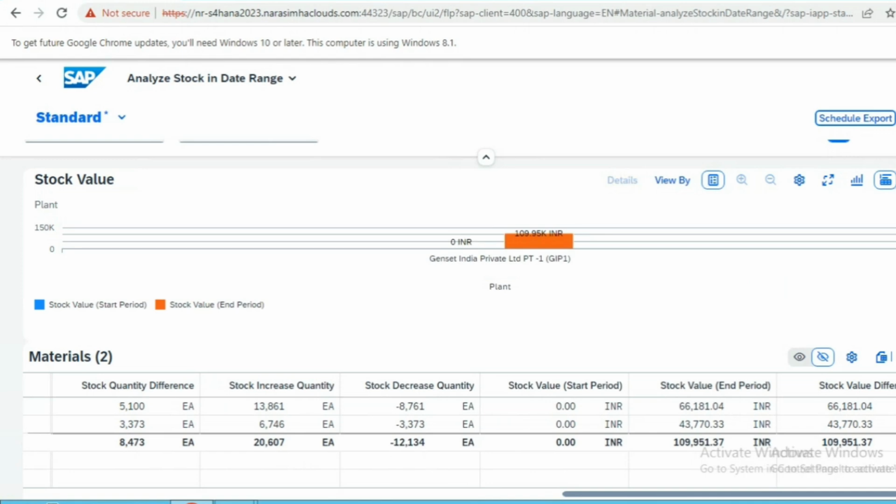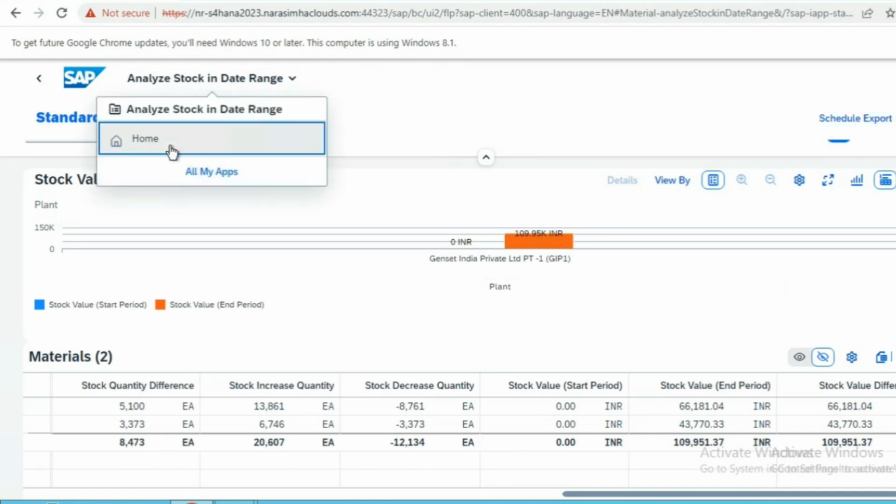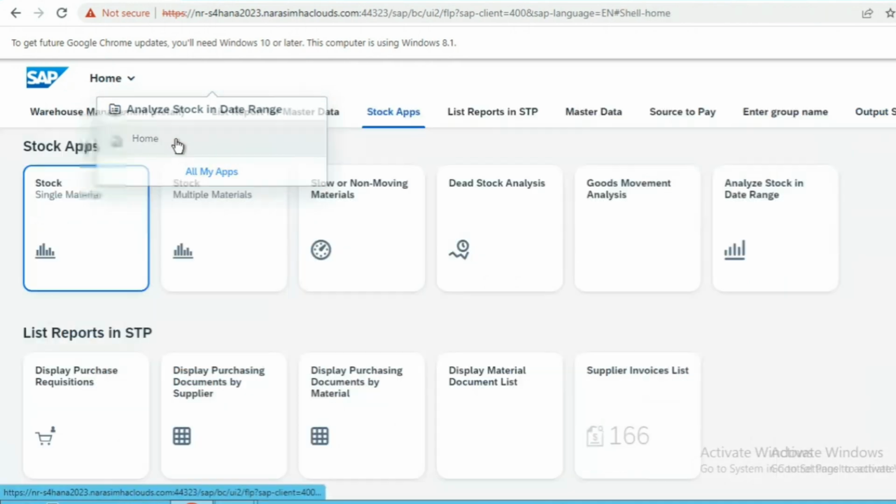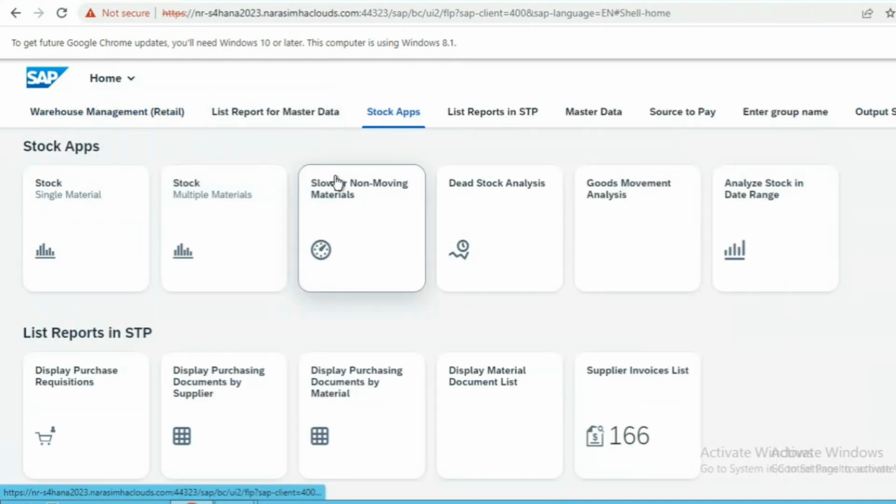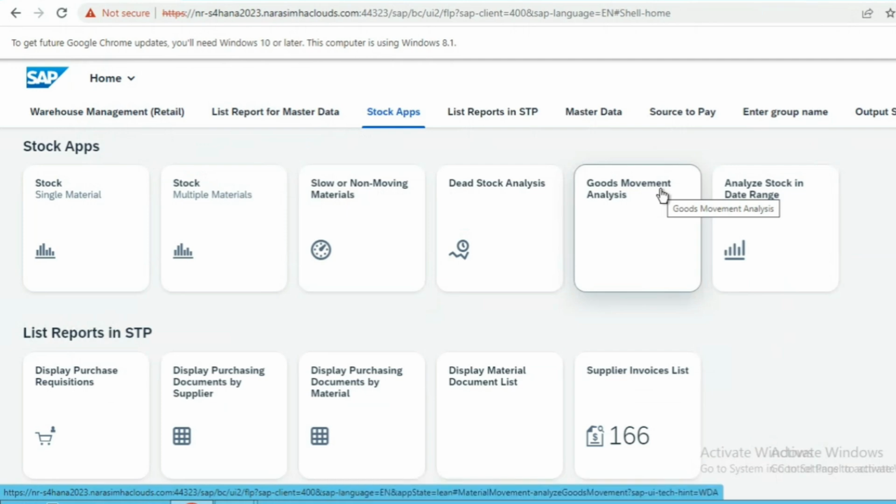So this is more about the newly introduced stock apps as well as the analytical apps for the movement of your materials or movement of your goods in the organization. If you want to learn more interesting things in SAP S/4HANA sourcing and procurement, please